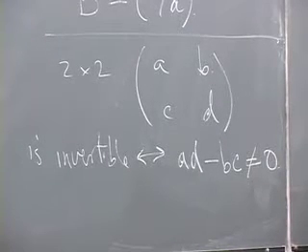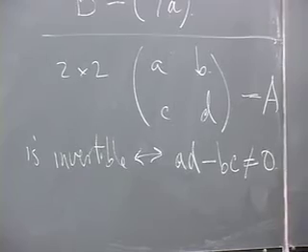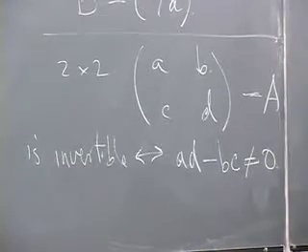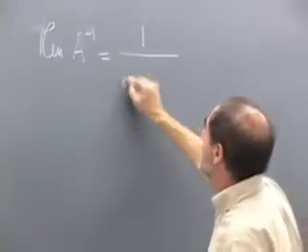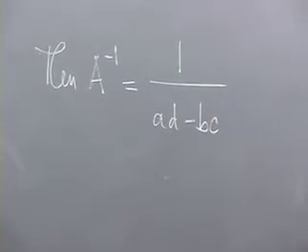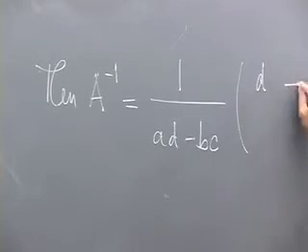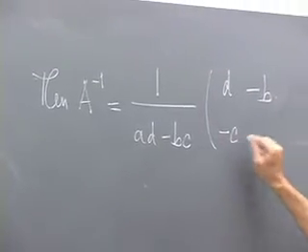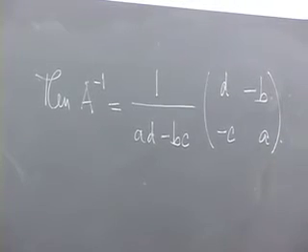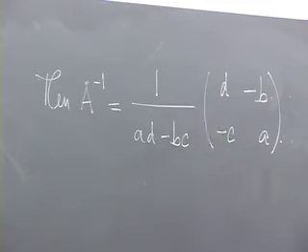Usually, you don't just want to know if a matrix is invertible or not, you want to know what its inverse is. So if this is A, then A inverse is equal to 1 over AD minus BC. And you can write that real number down because this number was non-zero, so it has an inverse, times the matrix D, minus B, minus C, A. And this means you take the scalar product of this matrix by that real number.